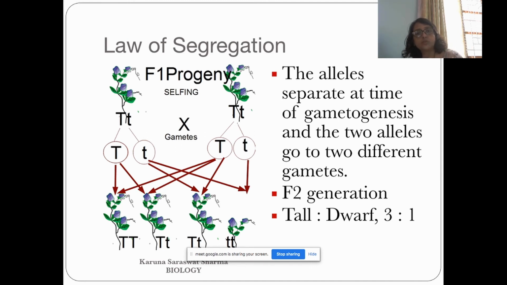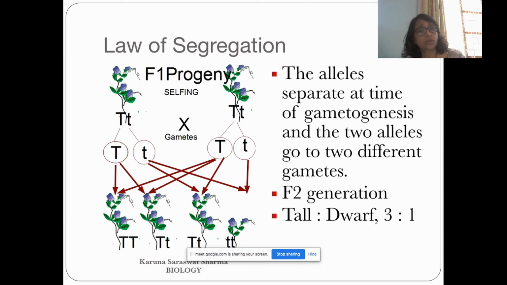Capital T small t fuse with each other to form a tall plant. Capital T small t fuse with each other to form a tall plant. Small t small t forms a dwarf plant. So here we have 3 tall plants and 1 dwarf plant, as we have already studied in the